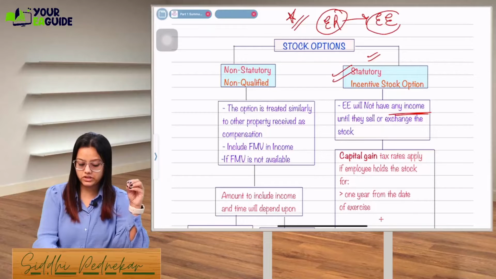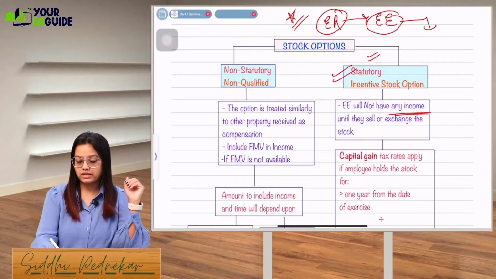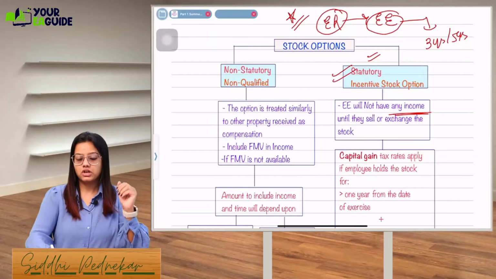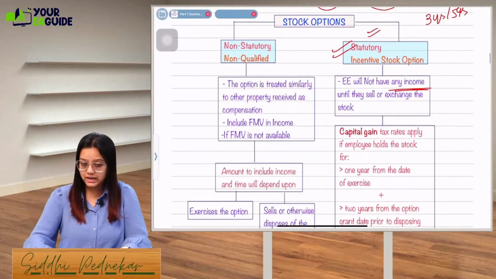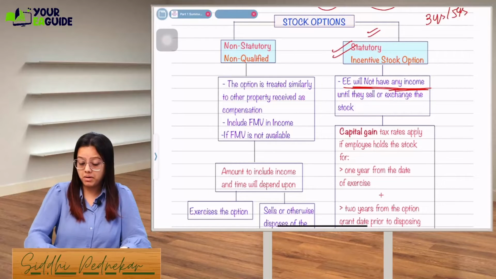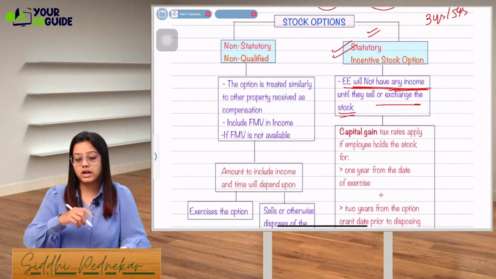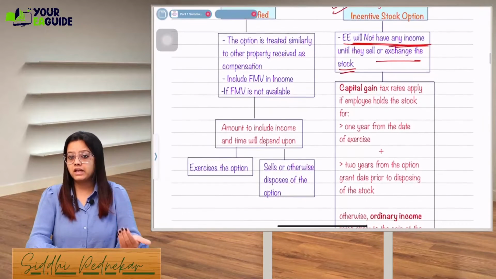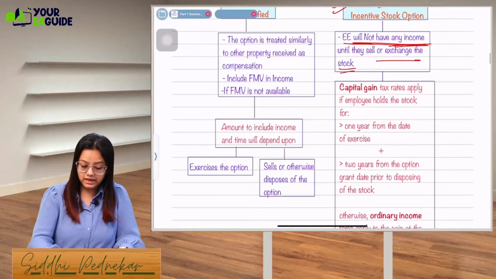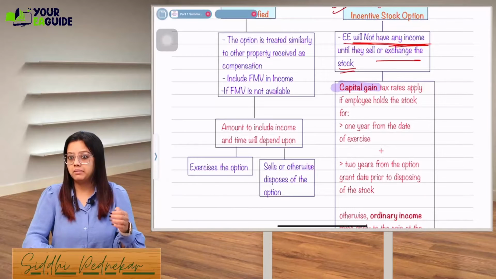But let's say employee is not selling it right now, they are going to sell it in the future, let's say after 3 years or 5 years. Okay, so it's an incentive stock option. Then in that case, employee will not have any income until they sell or exchange the stock. Unless and until they sell it in a future year, they will not have any income or expense. But as and when they sell it, capital gain tax rate will be applicable at that time